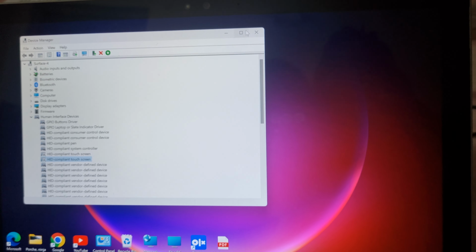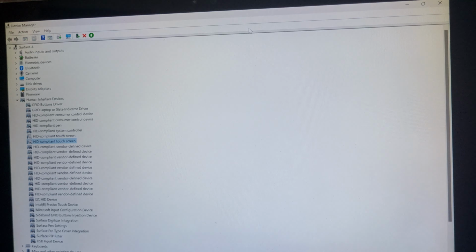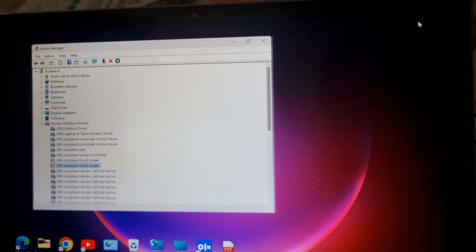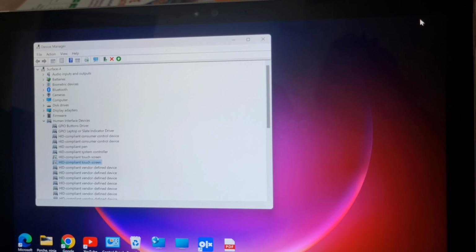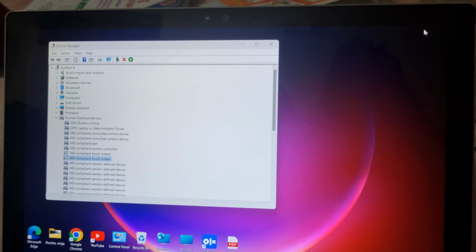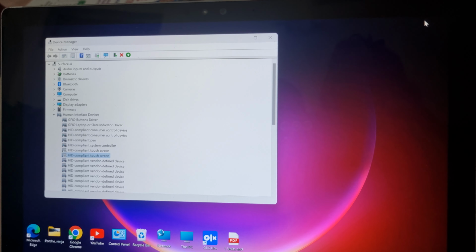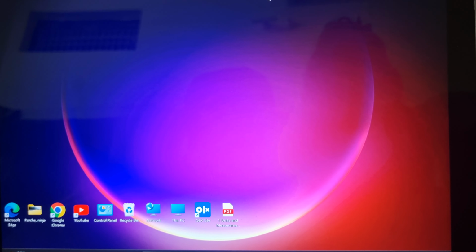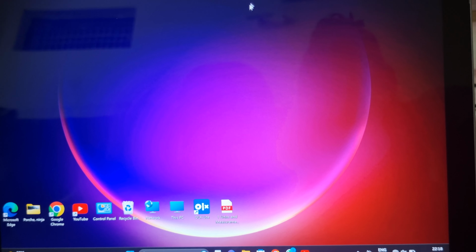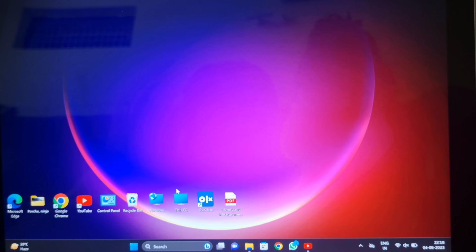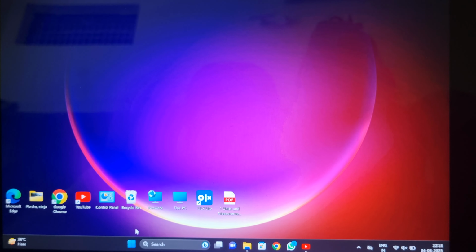Now I have to use a keyboard to apply any function, and by disabling touch there is a chance that you can solve the problem of screen flickering. In case your problem was not solved and you want to enable the touch option or turn on touch option, then